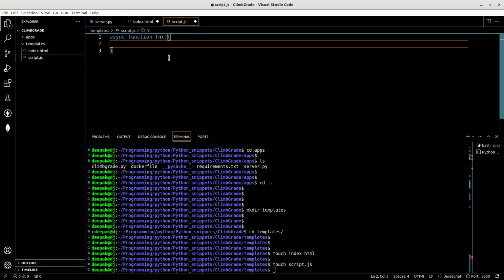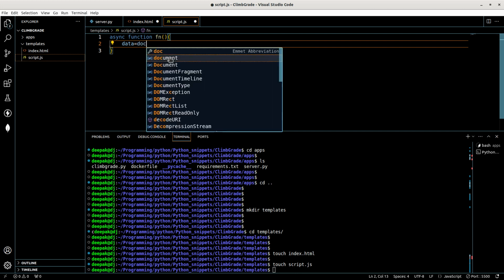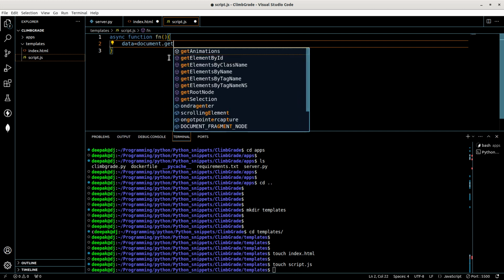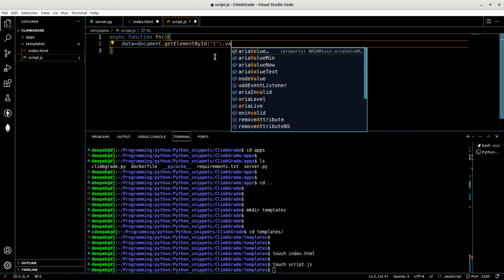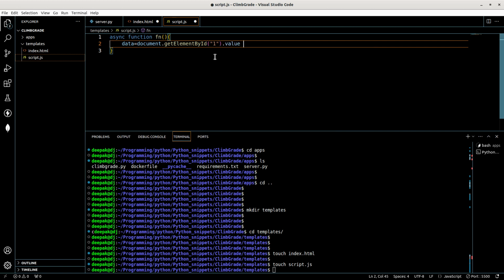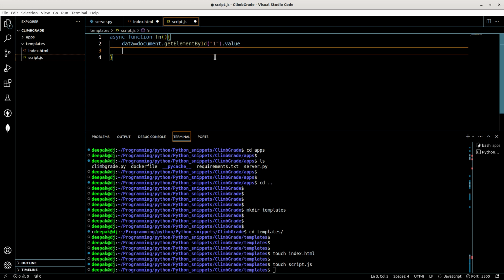Okay, so let's say data is equal to document.getElementById of, let's say 1, which is a string, .value. Okay, and then let's create a payload is equal to